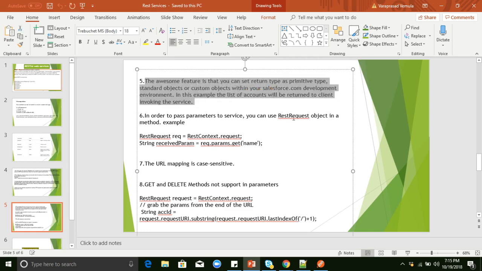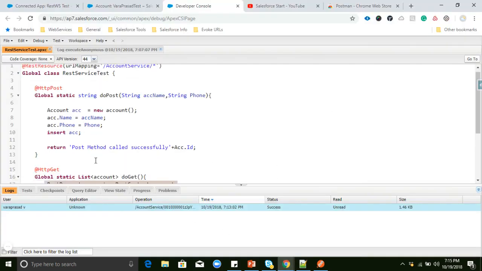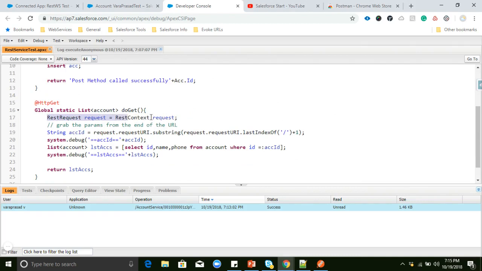If you want to pass any parameters, we need to use the REST request. Just now we saw in the get method that we are passing parameters, then catching those parameters with this syntax, fetching the accounts and displaying the details to the third party.